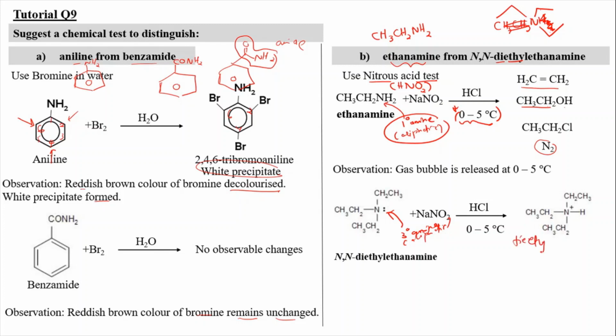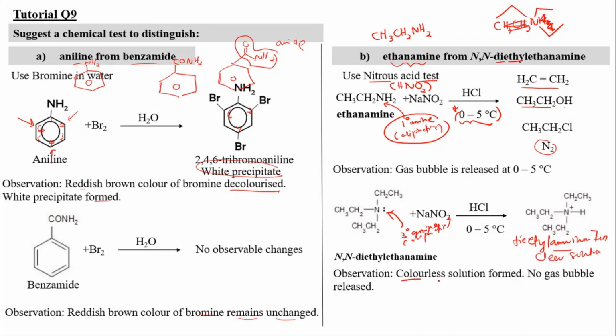triethyl ammonium ion. Okay, the triethyl ammonium ion is going to be a very soluble salt, and because it is very soluble, what we're going to see is a clear solution. Okay, a clear solution, or you can say that a colorless solution is going to be formed, and there is no formation or no gas bubble going to be released. Okay, and the naming here is not that important as long as you draw the structure correctly. Okay,